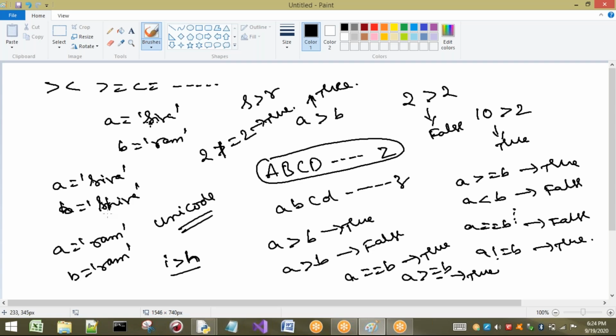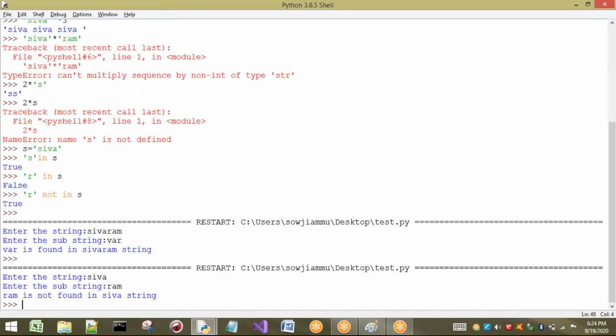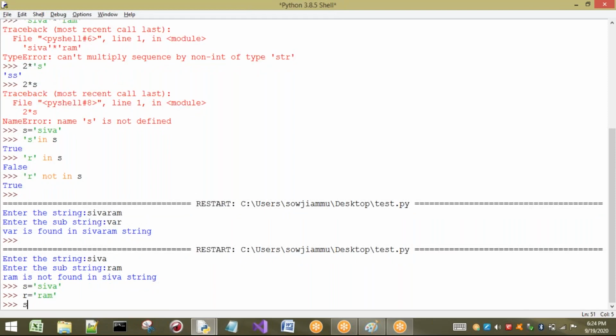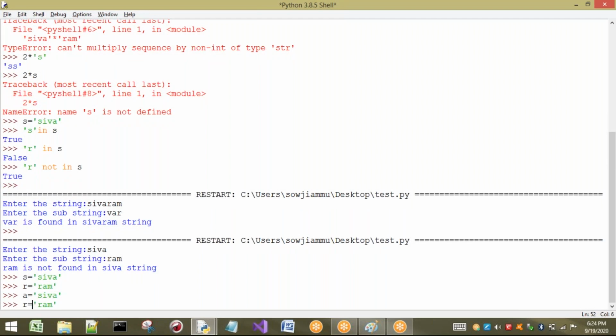So let us take a few, these three cases, then you can understand clearly. First I will take Shiva, directly taking these strings, and another one equal to Ram. Now two strings are there. S greater than R. That means first characters will be checked here. Is S greater than R or not? Don't confuse between these two strings. I will change the variable names so you will get clarity. I will take this one as a, and next this one as b.